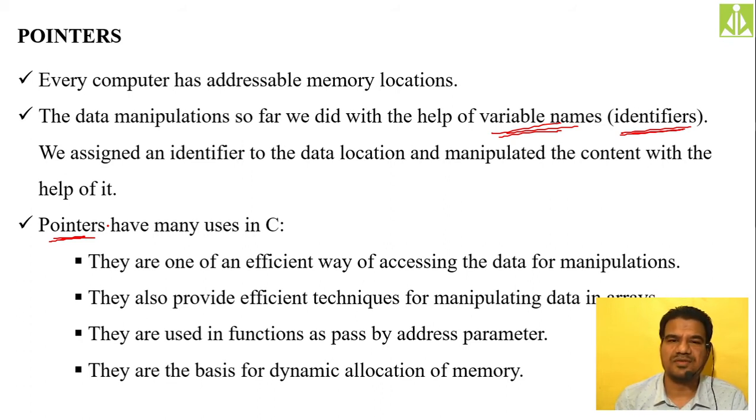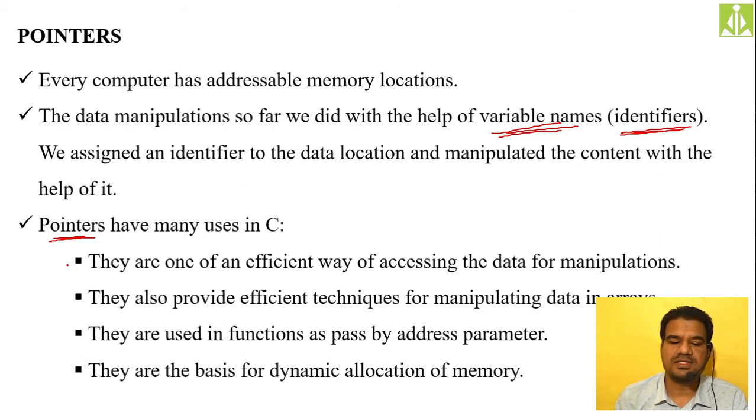So how is it different? Using identifiers and using pointers, we have two different approaches. So how is using pointers different? Are we going to have any special advantage when we use these pointers in our C program to access the memory locations that we see over here? Of course there will be advantages, there will be some applications, there will be some flexibility. Because of that reason only we are using pointers in our programs. If there is no such thing, then why would we go for pointers, isn't it? So pointers have many uses in C.